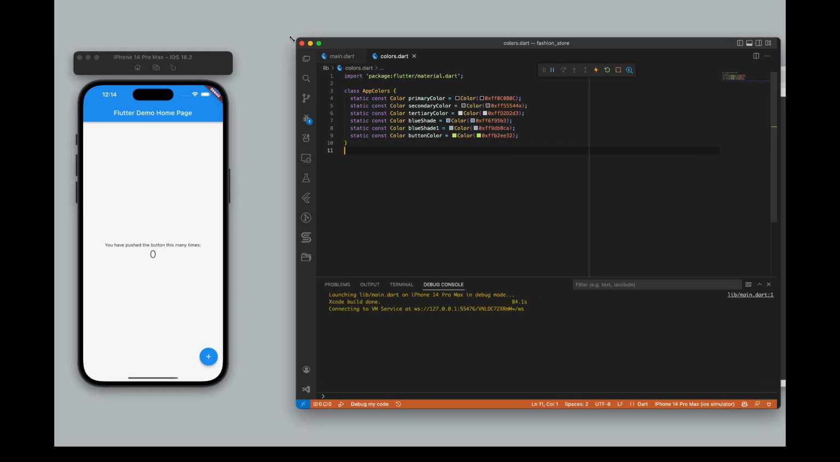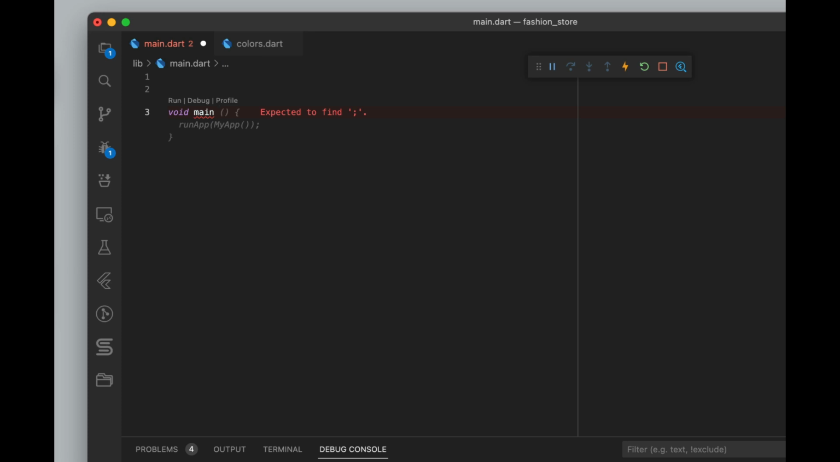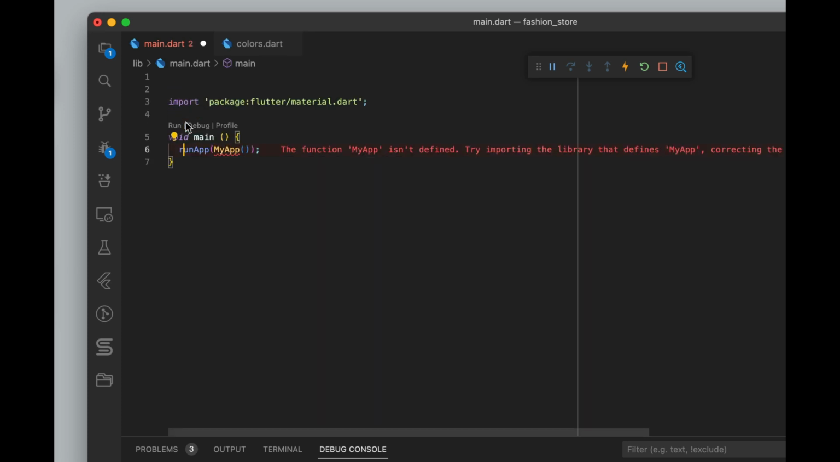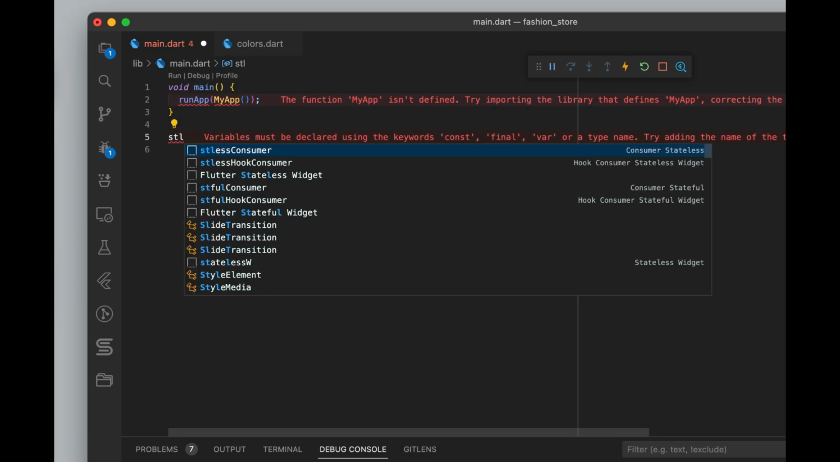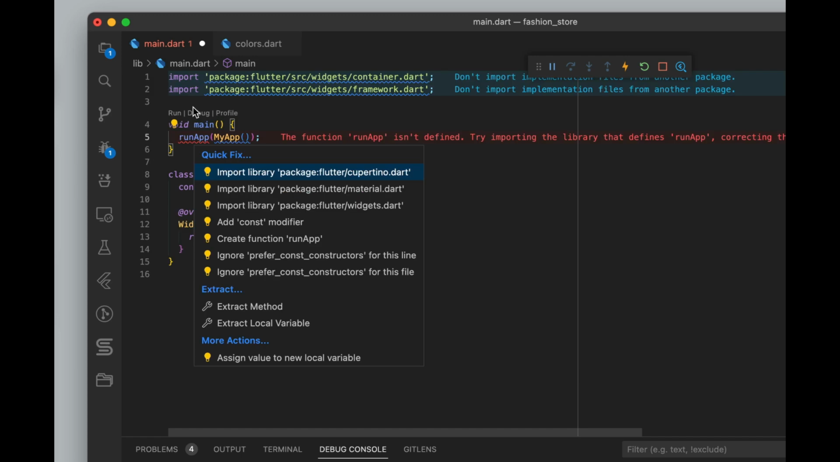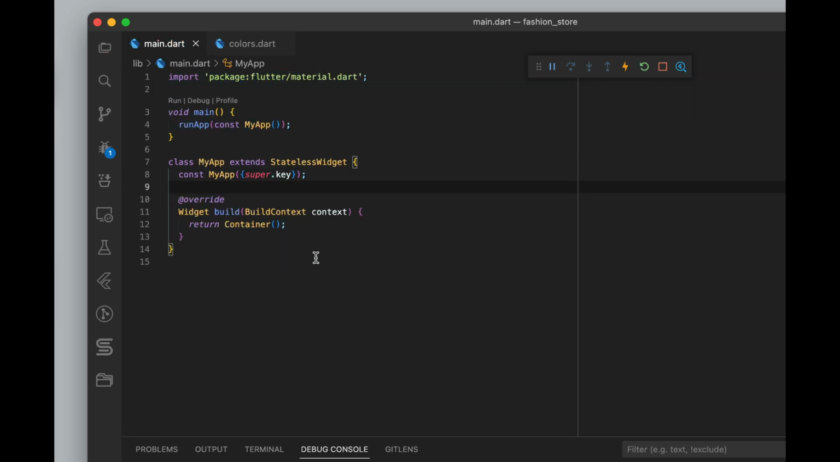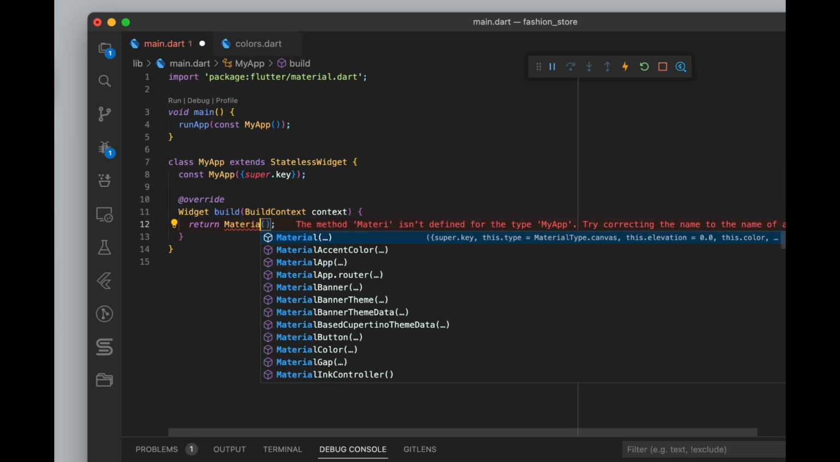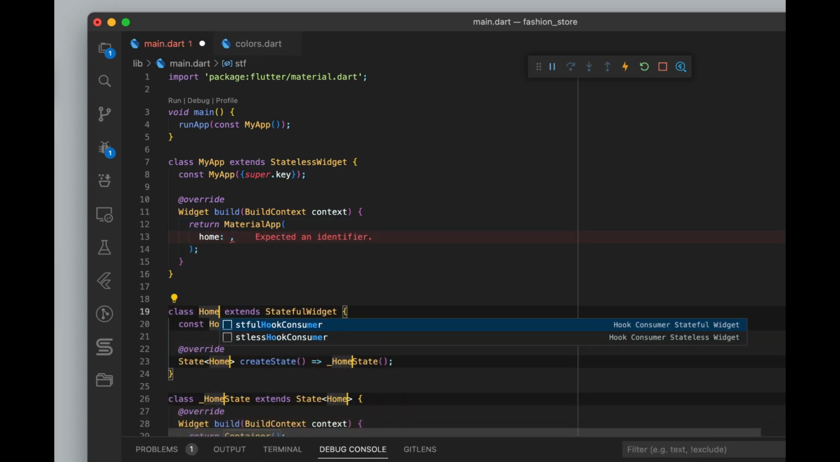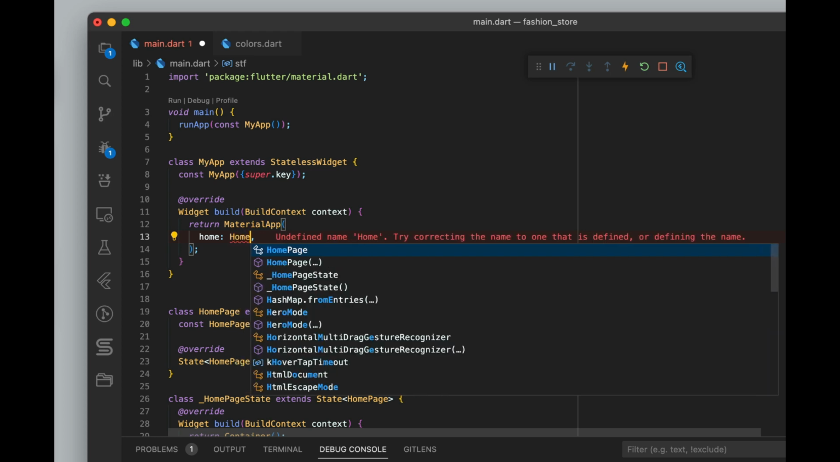So I created colors.dart files which contains colors and removed the default code in the main.dart and started with void main. Stateless widget and just called it MyApp. Import the material file and just use MaterialApp. A stateful widget which is called HomePage. We're gonna create a HomePage here,